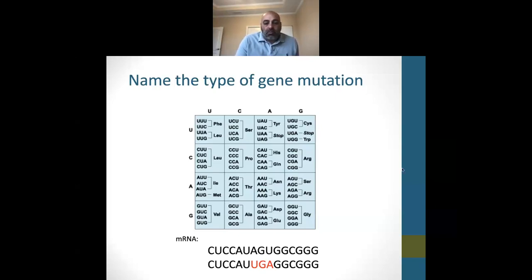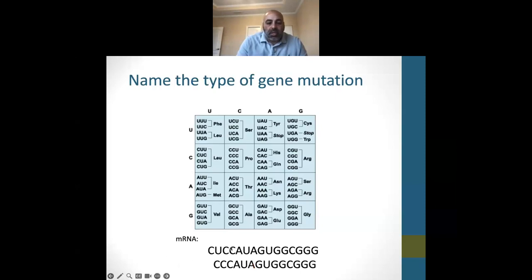Here, when we changed over and we put in UGA, UGA is a stop codon. Now this does not code. The protein is truncated. This is called a nonsense mutation. Depending on where it happens in the protein will differ how the disease is seen clinically. If it's real late in the protein code, it's not going to be really severe. Mild symptoms. If it's real early on, severe symptoms, right? The complete protein is non-functional.